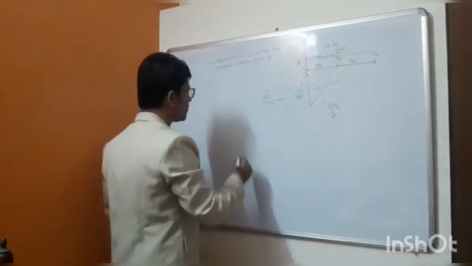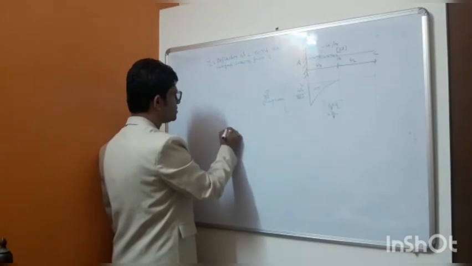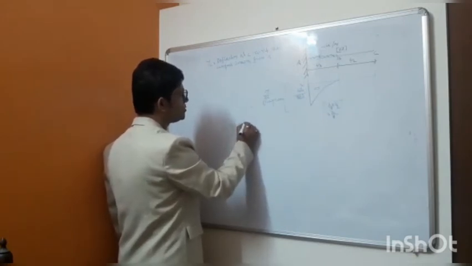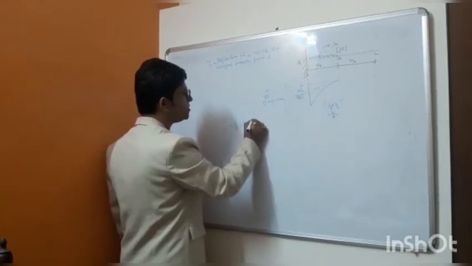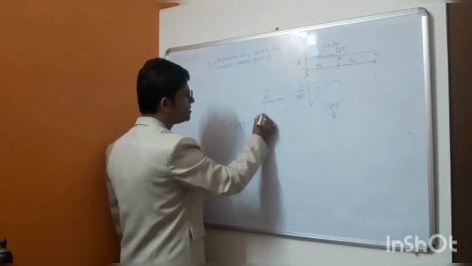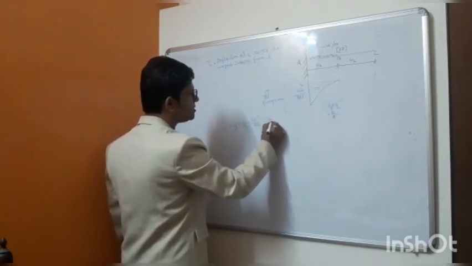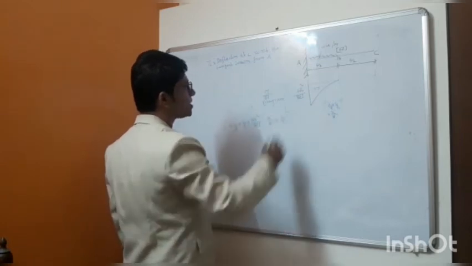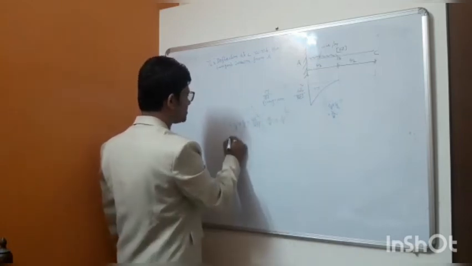So this YC will be equal to 1/3 into L by 2 into WL square by 8 EI into 3L by 8 plus L by 2, the distance up to the point C, that is equal to